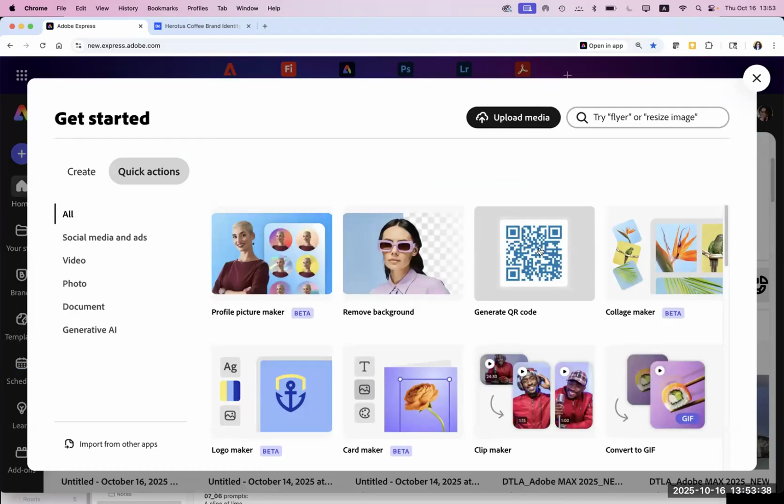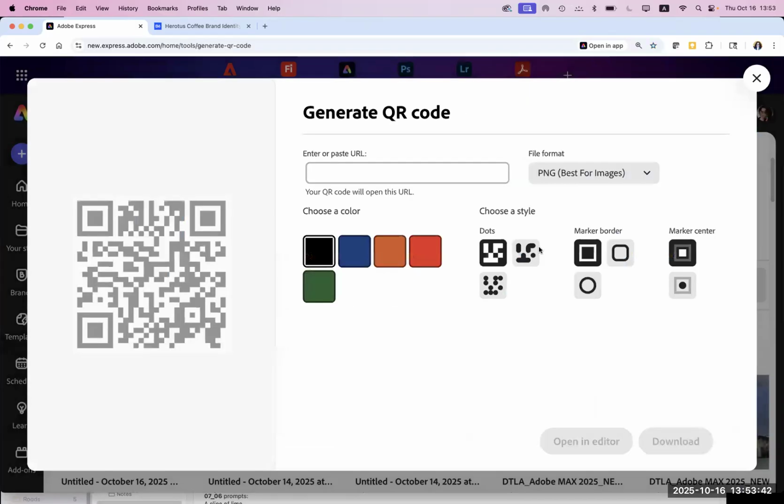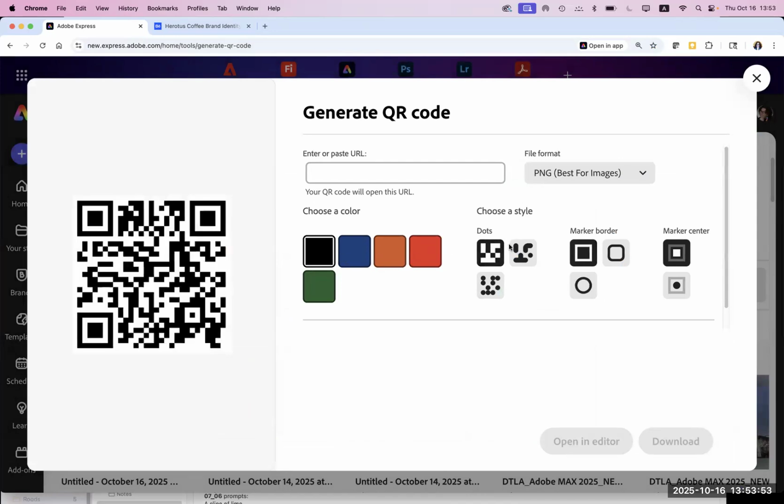In the quick action, you do have a QR code. So I'm going to click on a QR code, and I'm going to decide what kind of color I want to use in the QR code. So I'm going to choose the color. I can choose the style. And then I'm going to go